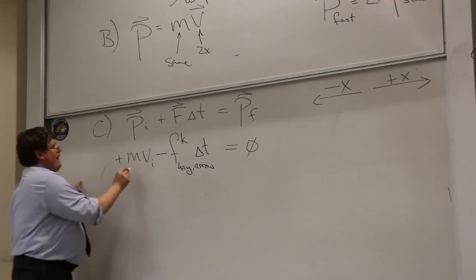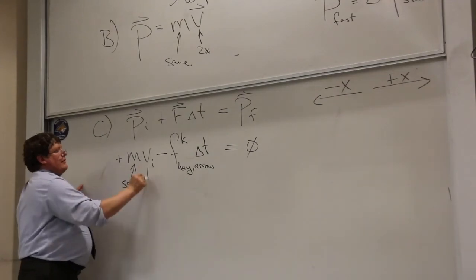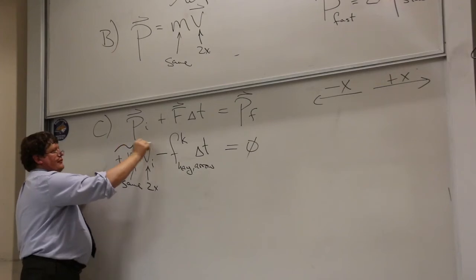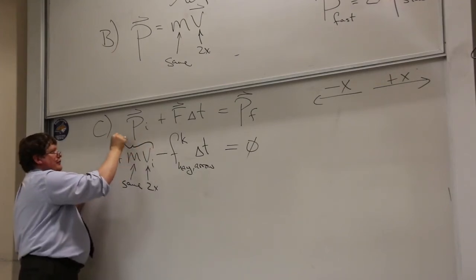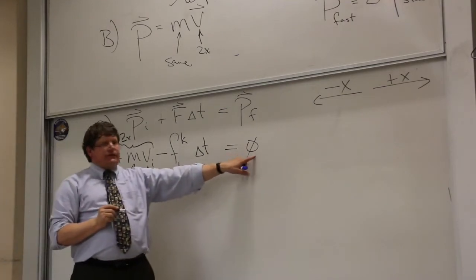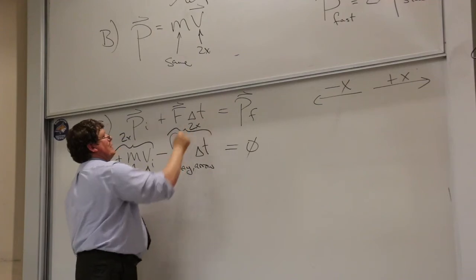Now, the mass stays the same because it's the same arrow. The speed doubles. That means the positive part of this equation gets bigger by a factor of 2. In order for this to still be zero, the negative part of this equation must get bigger by a factor